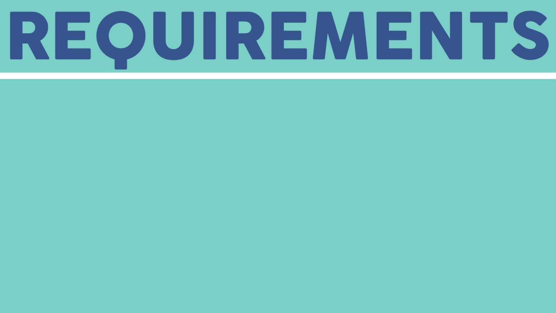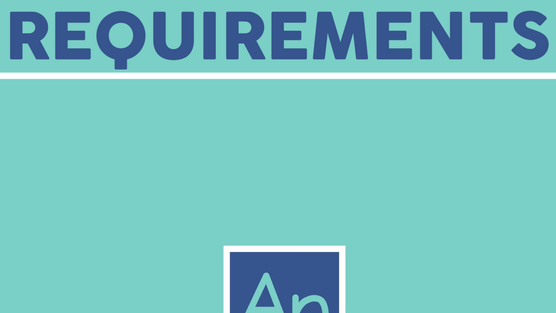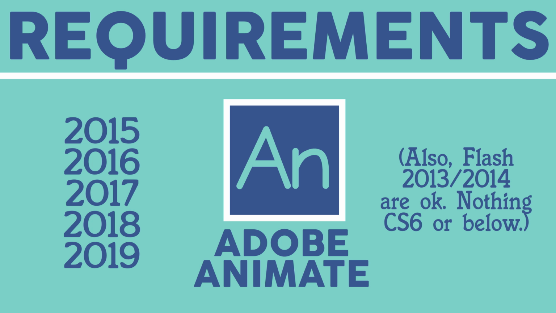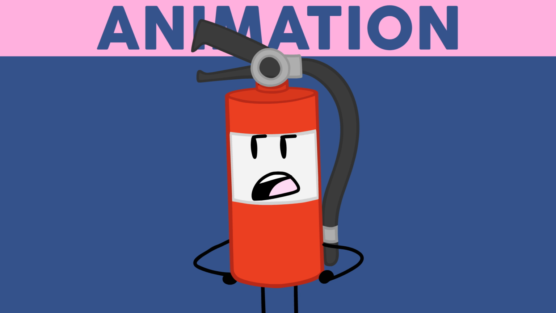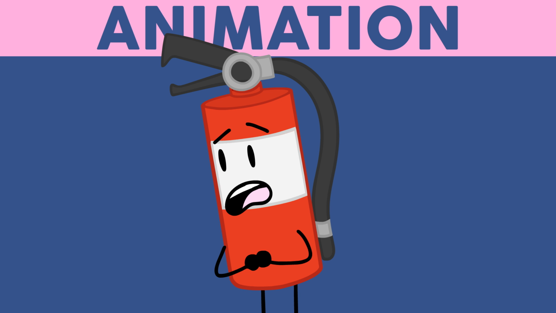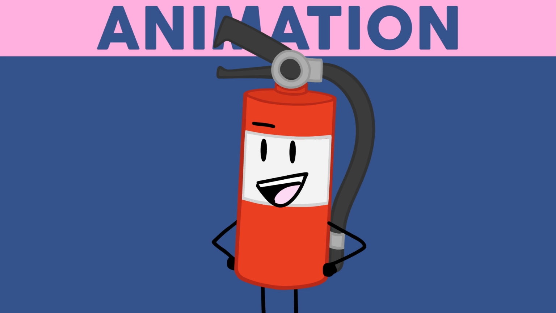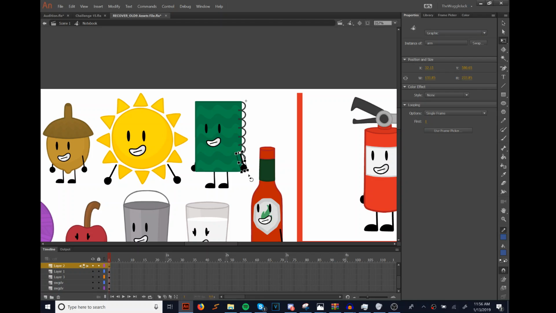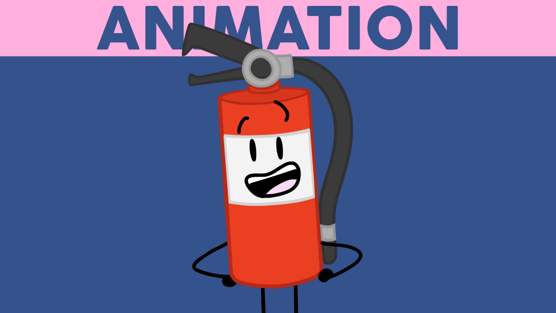For animation auditions, things are a bit different. If you want a shot at animating for old Season 2, you need a version of Animate CC. It could be whatever version of it you want, 2016, 2017, whatever. In order to become an animator for old Season 2, you need to complete animation in one of two scenes. They're not very long. I will be giving out an FLA file containing the two characters in the scene, albeit with BFDI assets rather than the old assets, since I don't want them to be public. And plus, they're basically animated the same way anyway. Here are the two scenes you can choose from.